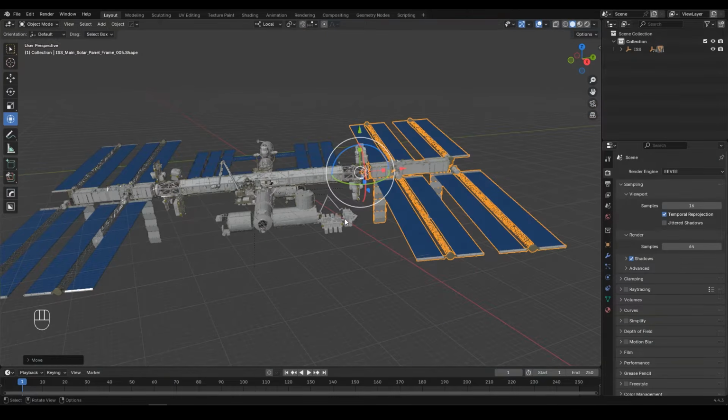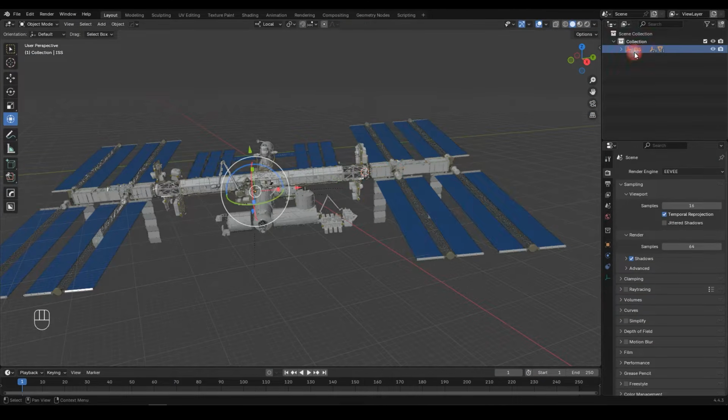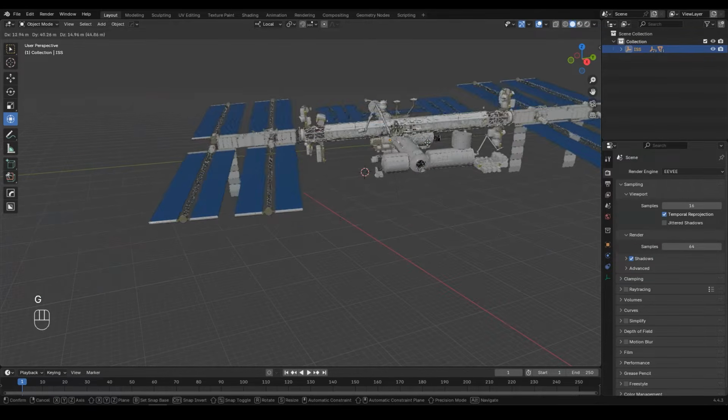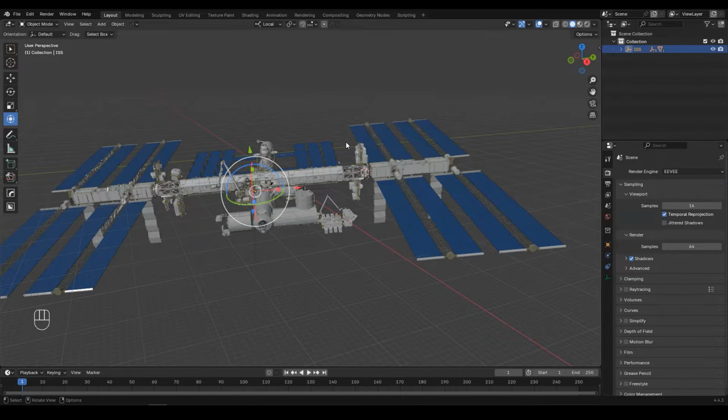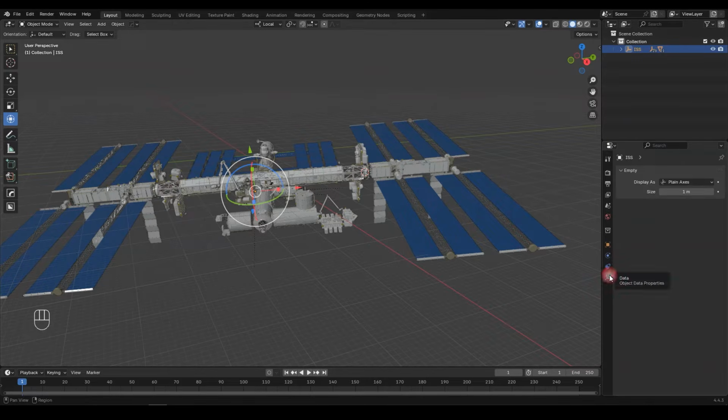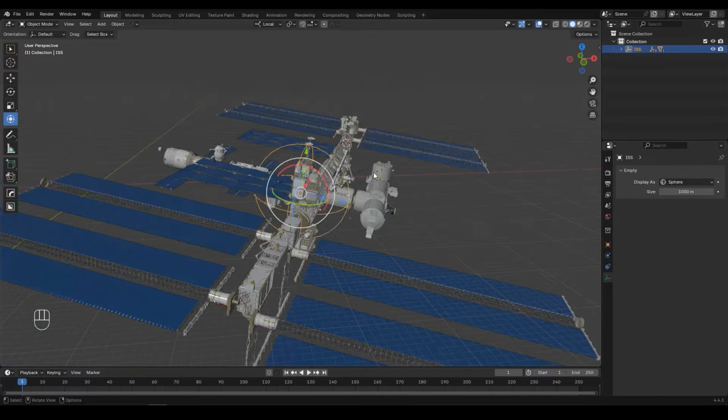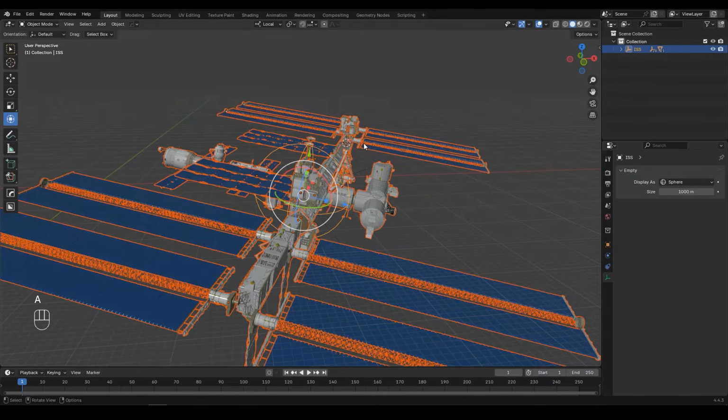Here is a good point. In the outliner you can see this ISS object that if we move it, the entire station moves. It is an empty to which the entire station has been parented. So to make our lives much easier while selecting it, head over to the empty data panel. Set the size to 1000, which is the maximum size. Then switch the display as into a sphere, so that we can have easier access to that. Much better now. Now press A to select everything, then press M to move them into a new collection and